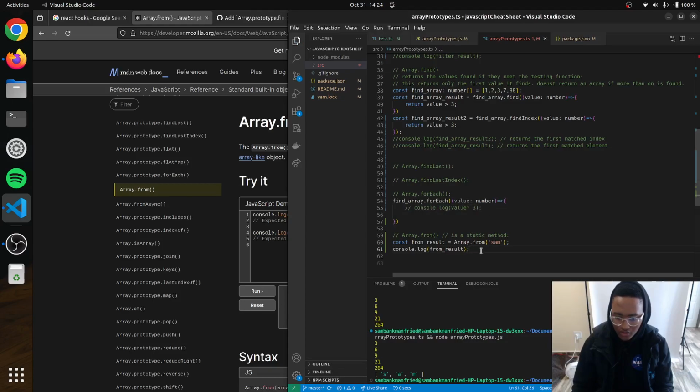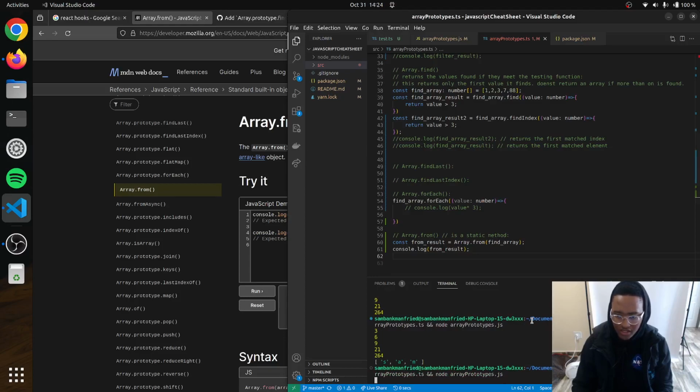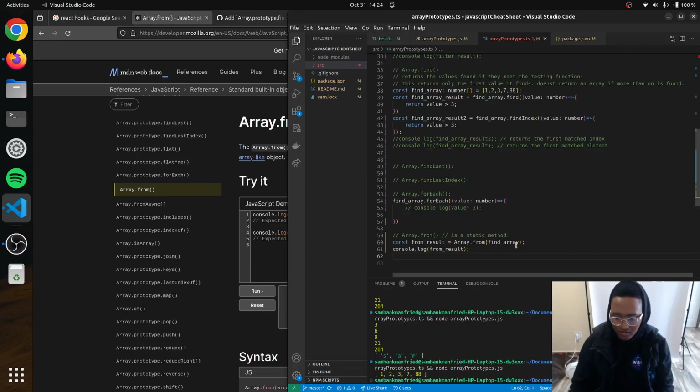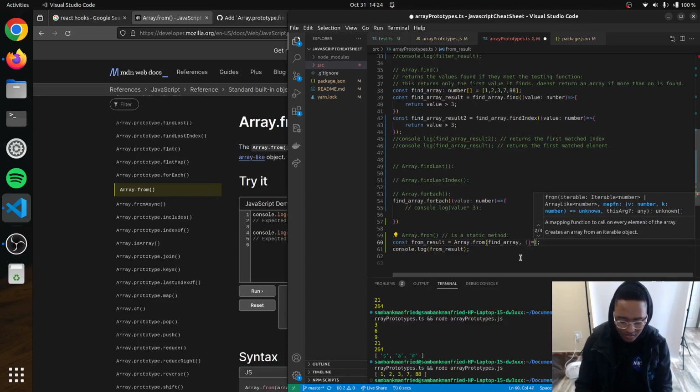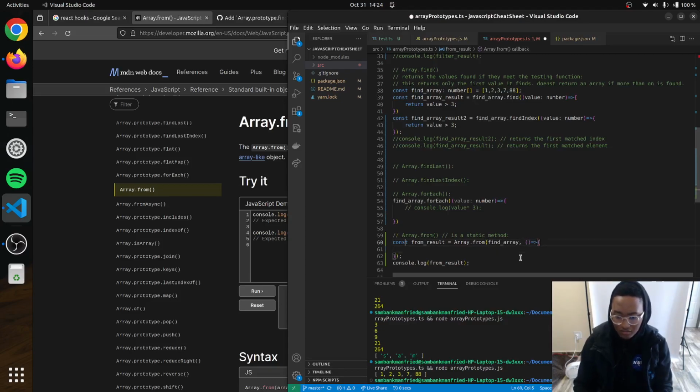I also want to test out passing in an array. If you pass in an array, or I can just pass in find array, well, it won't do anything. It'll just return the array as it is, right? And if I pass in the array and then I pass in a callback function, which is a number, and then